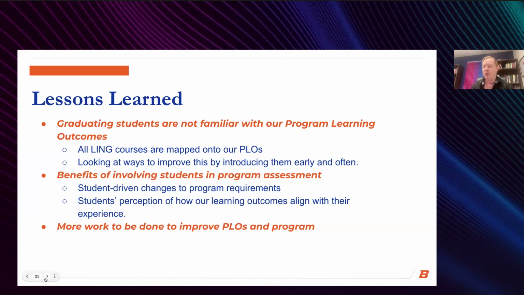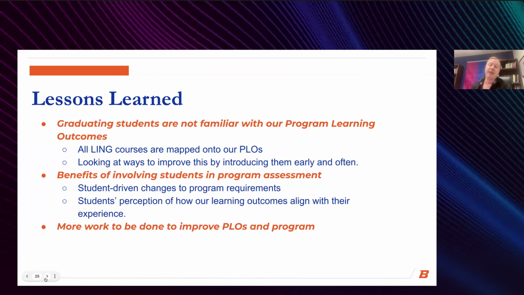We do think that there's still some more work to better our goals and our learning outcomes. So one of the things that seems to have happened is that by spending so much time looking over and talking about our program learning outcomes, we've realized that some of them could probably be written a little bit clearer and a little bit more concisely. And so this is something that we will likely be working on in the next couple of years to adjust them, not so much for the content of what our goals are, but more to make them easier to assess and easier to understand. So students don't seem to have as many questions about it.